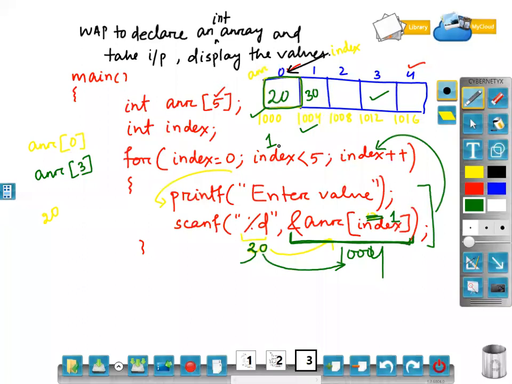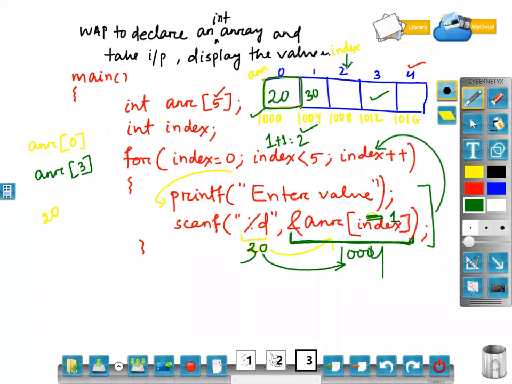Similarly, index again will be incremented. So 1 plus 1 will become 2. 2 less than 5, true. That means currently my index is pointing to 2. Clear? Again 2 less than 5, true. Enter value.